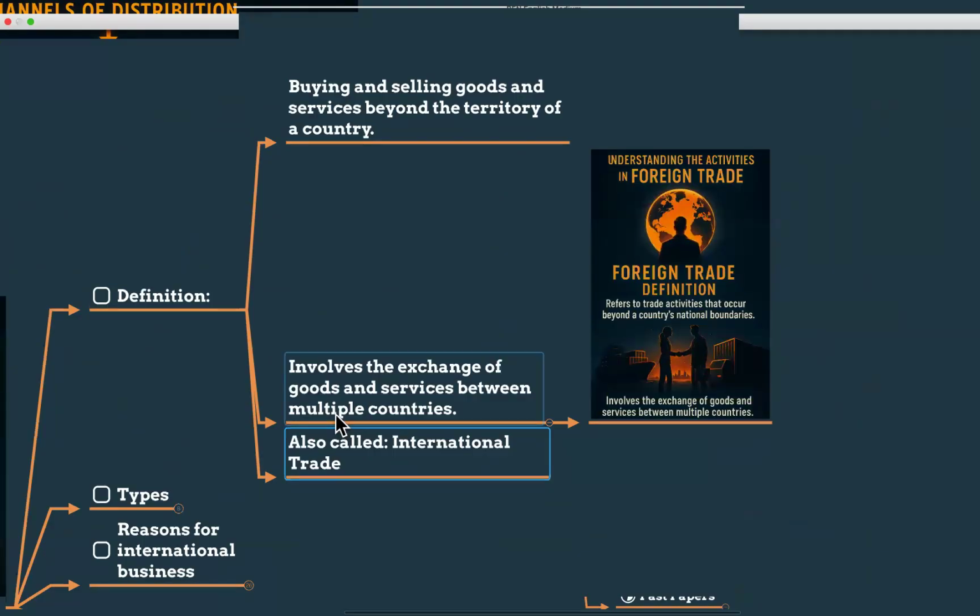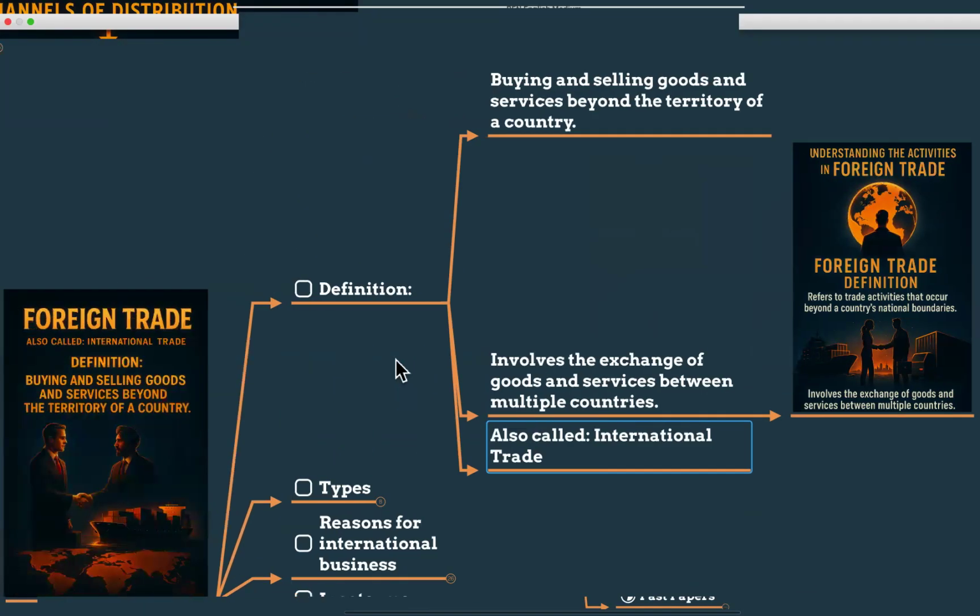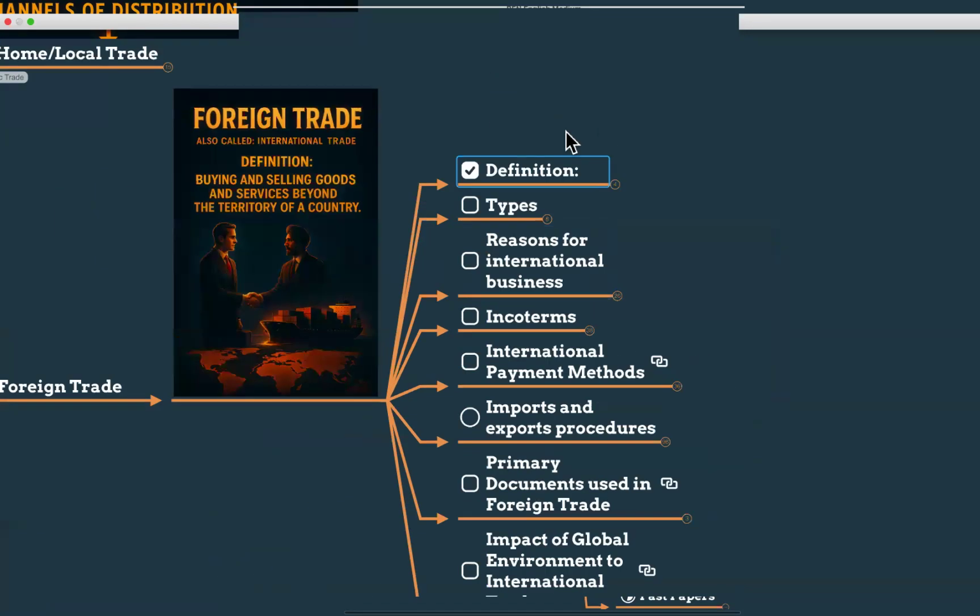For example, it connects Sri Lanka to the world. Your iPhone is coming from China, it's manufactured in China. Your petrol is coming from the Middle East. Sometimes you are eating a chocolate that is from Switzerland. But our Sri Lankan tea goes to Russia. Our Matale cinnamon goes to Mexico. That is international trade, my dears. So that's the definition you have to remember.